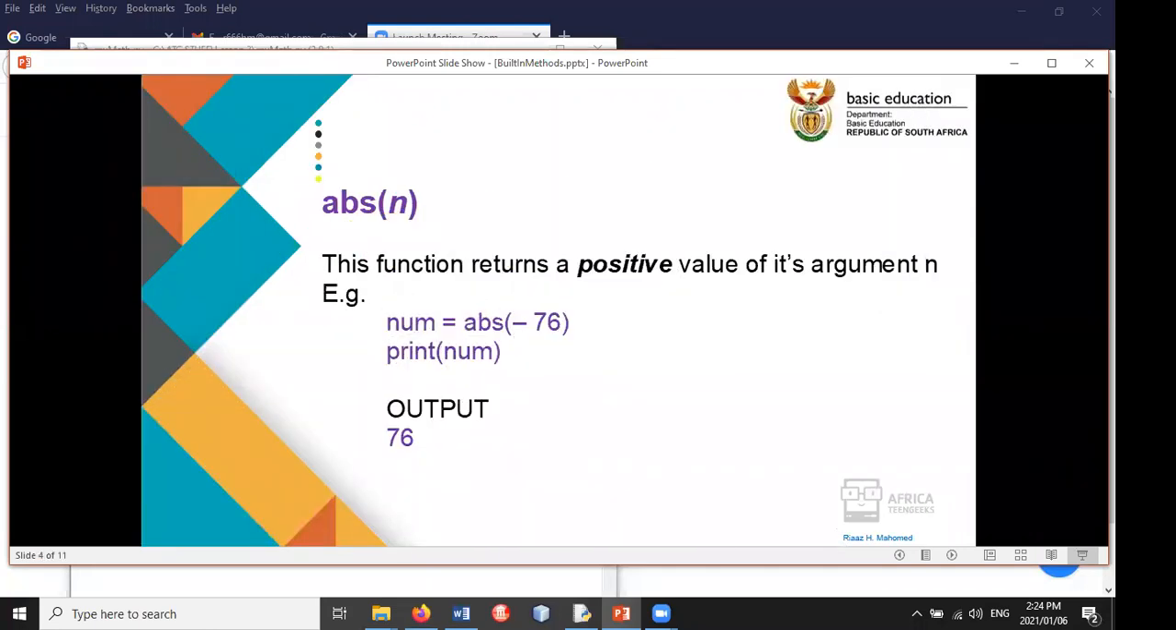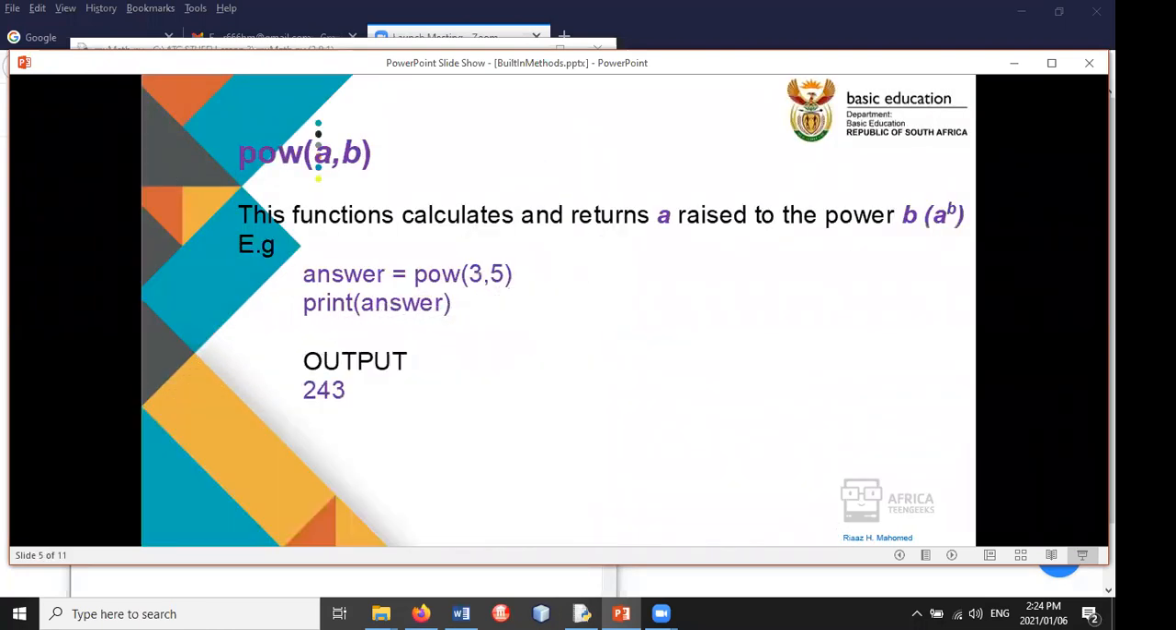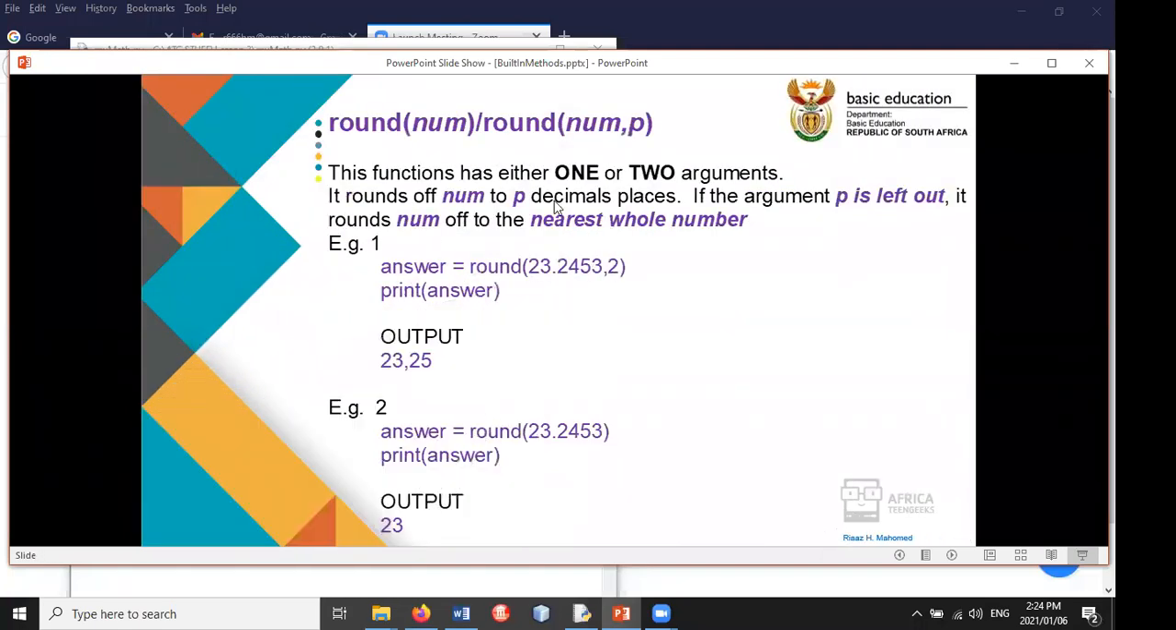ABS, absolute, actually makes any number a positive number, whether it's negative or positive, it'll make it a positive number. Pow raises a to the power b. Round, we can either round a single value and it'll round it off to the nearest whole number, or we can specify the number of decimal places. If you look at those two examples,